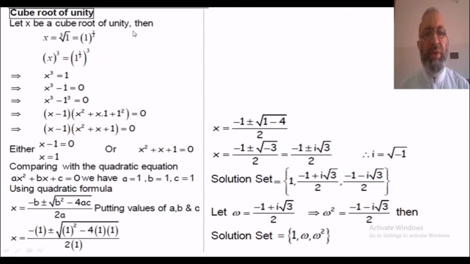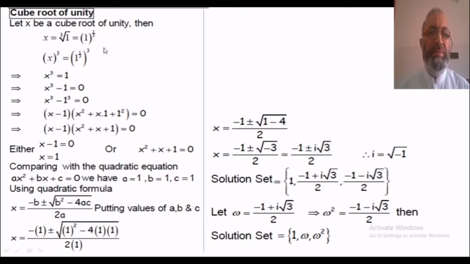Let x be the cube root of unity. Then x is equal to 1 power 1 over 3, meaning the third root. 1 power 1 by 2 means the second root. Similarly, 1 power 1 by 4 means the fourth root. Since we are going to find the third root, we write x is equal to the third root of 1, or 1 power 1 over 3. Taking cube on both sides,